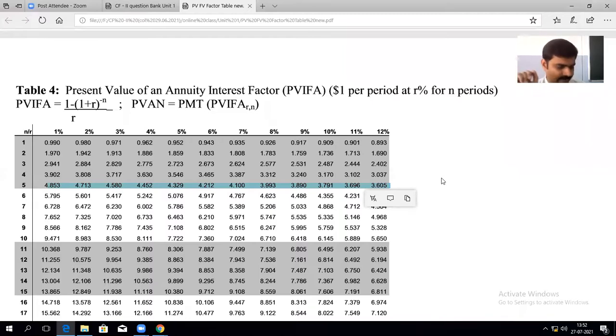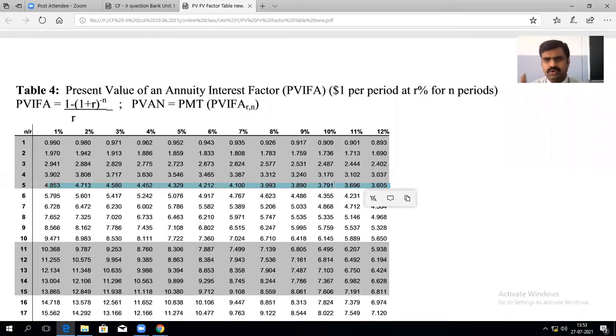Now tell me which one shall we take? Tell me one factor value which is more than 3.847. 3.890. Okay. And lower, 3.791. That is 10%. Yeah. One more thing. When you are doing it, it is better to take at least a little more difference to be there. Don't take a very close number. See, 3.890 is very close to 3.847, right? Yes or no?